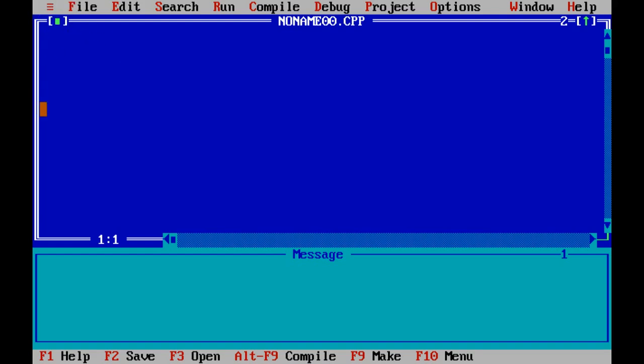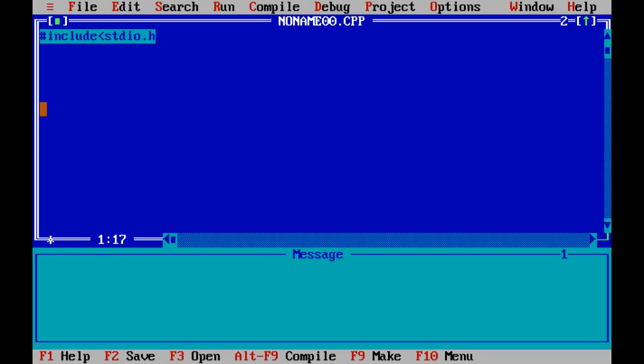Header files are written starting with the hash: hash include. This is standard. We always write hash include, and in the brackets we mention the name of the header file. Initially, when you are writing simple programs, we need stdio.h.